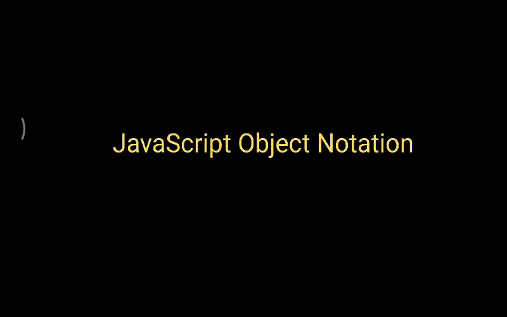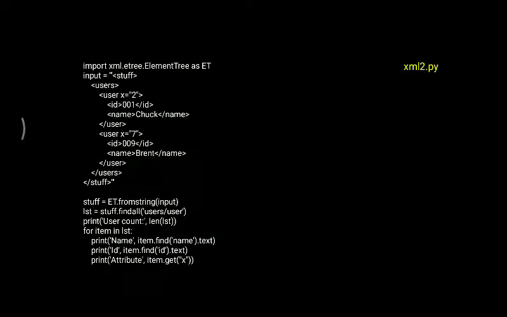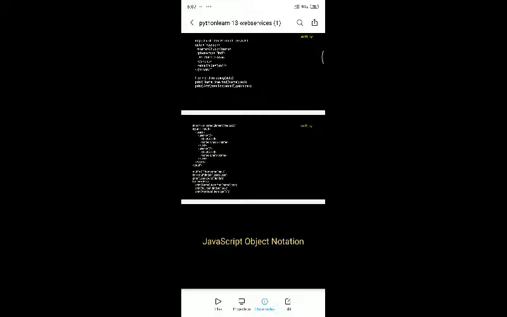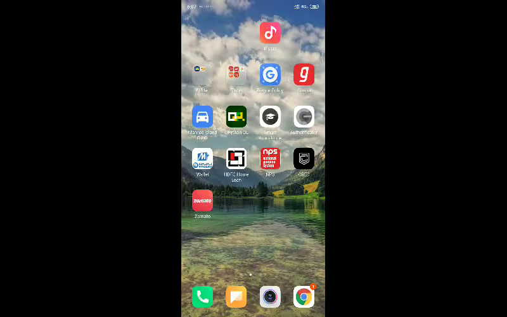Before going on to discuss JavaScript Object Notation, I will execute these two programs and show you how it extracts the data. I'll be using QPython on my mobile itself.